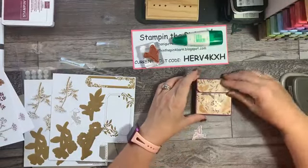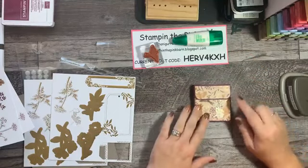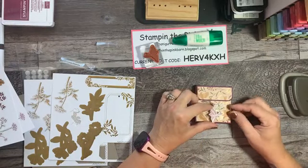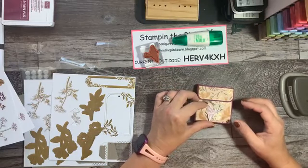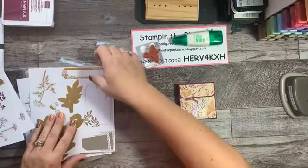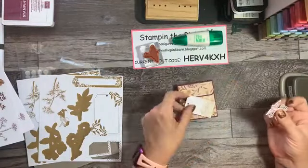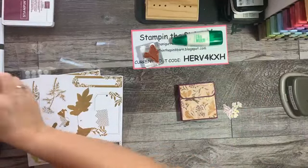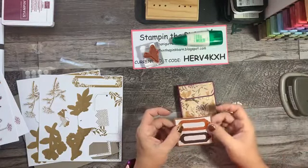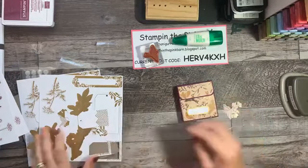So I was thinking maybe putting this piece like this. I don't want to have anything interfere with my flap, so I was kind of thinking maybe going like that. Is that too much? I think maybe that's too much. So let's see. You know, when there's an idea in your mind and then when you go to put it on paper, it just doesn't work the way you think it does. That's exactly what is happening right now. Because in my mind, it seemed like it was going to work good. So maybe we'll just take